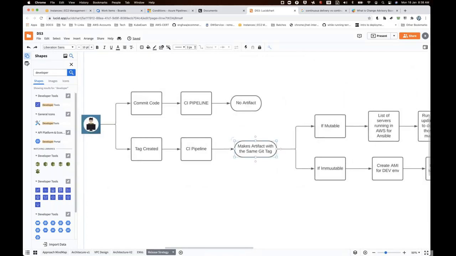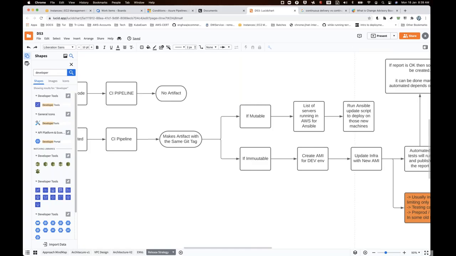So you created a git tag and you're getting the tag, and the same tag information should be passed to the pipeline also. To create an AMI, you need to have a pipeline also. I will come to the mutable part later. I'll show you once I have all these set up and running. I'll demonstrate the mutability part also. But we'll start with immutability, and we'll go with this one.